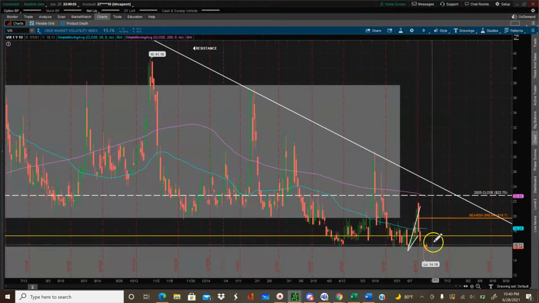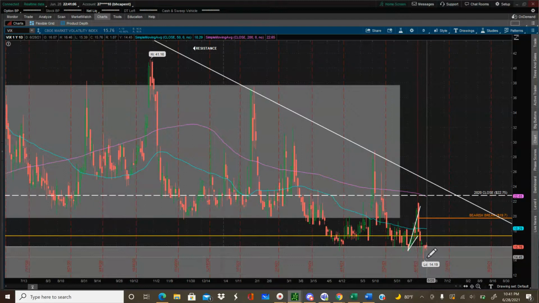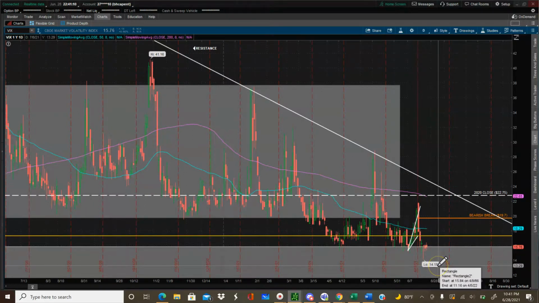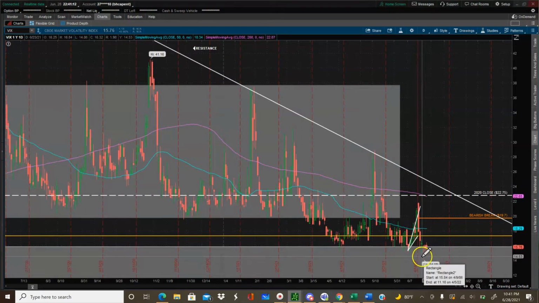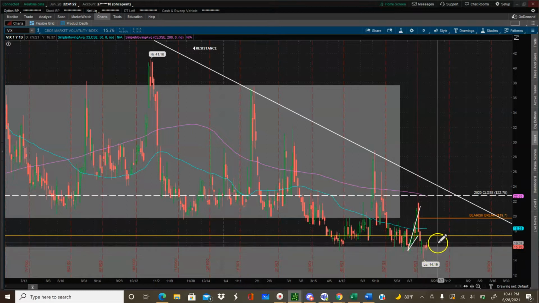Looks like we're doing some higher lows, I'm sorry, over the past few days. Didn't even realize VIX got in the low $14 range on the 24th. So that was what, Thursday. Didn't realize that, but anyway. So it may have found a bottom for now. But let's just see what VIX does out of this demand zone.